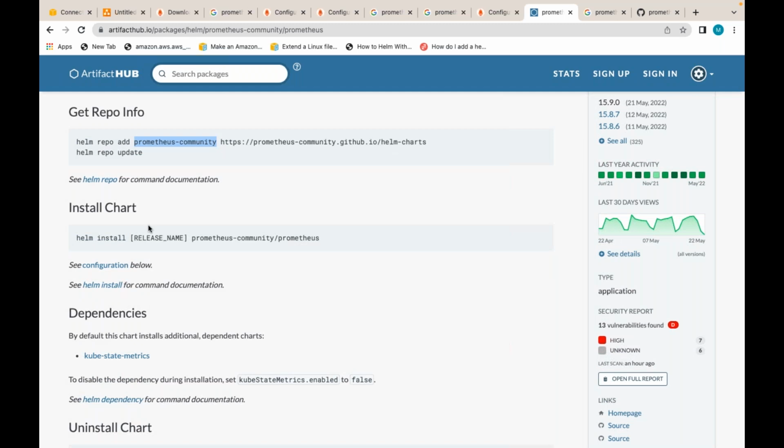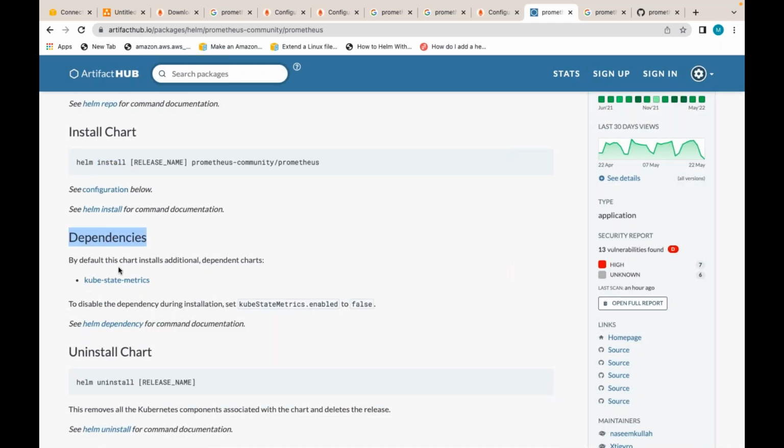So we can use this Helm install command. And if you see dependencies, by default this chart will also install what? As I already told, it is going to install kube state metrics also, along with alert manager and node exporter. If you don't want to install the dependencies, that kube state metrics, there is one value